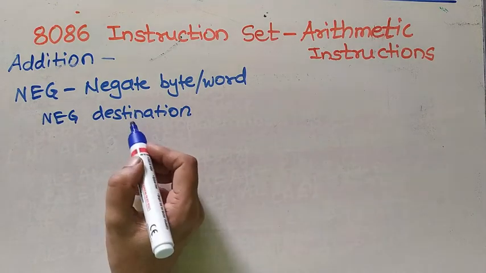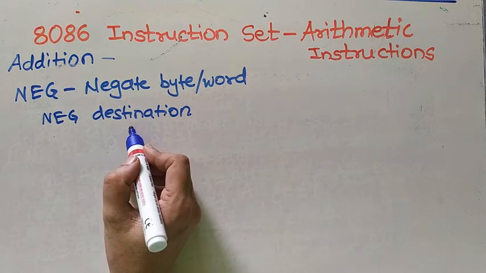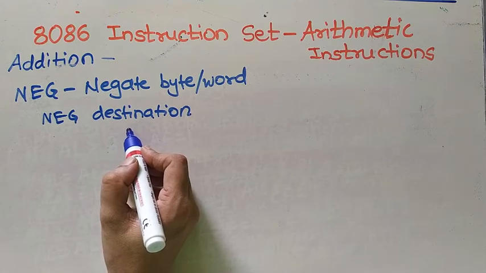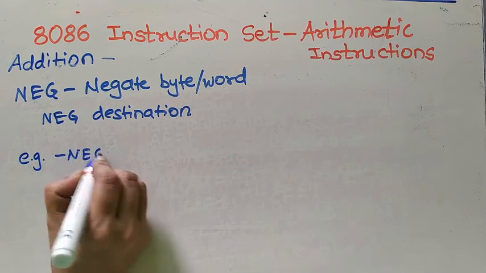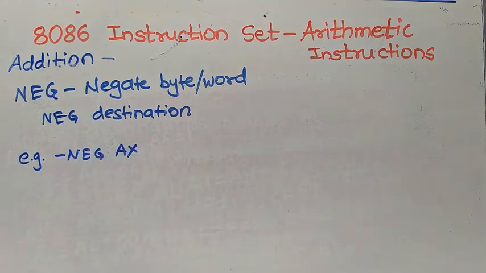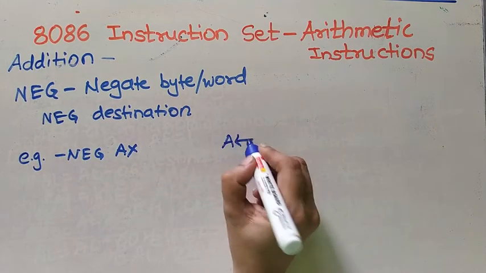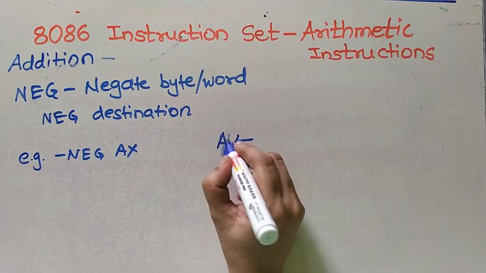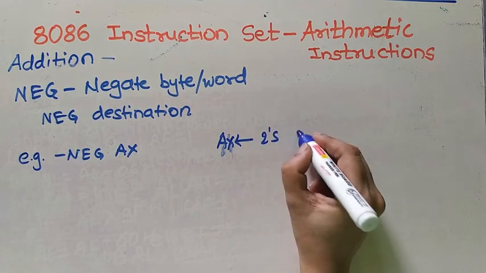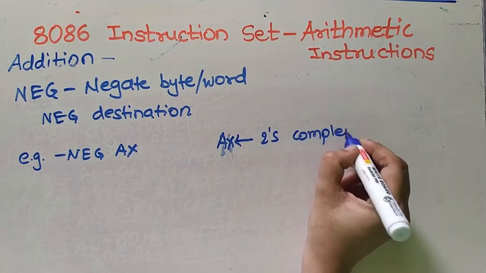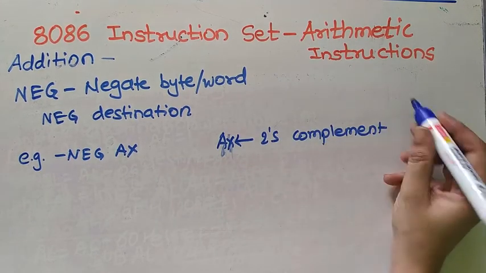Whatever number is present in this destination, that number is replaced by 2's complement. Let's consider the example NEG AX. So here, after execution of this instruction, the contents of AX are replaced by 2's complement of